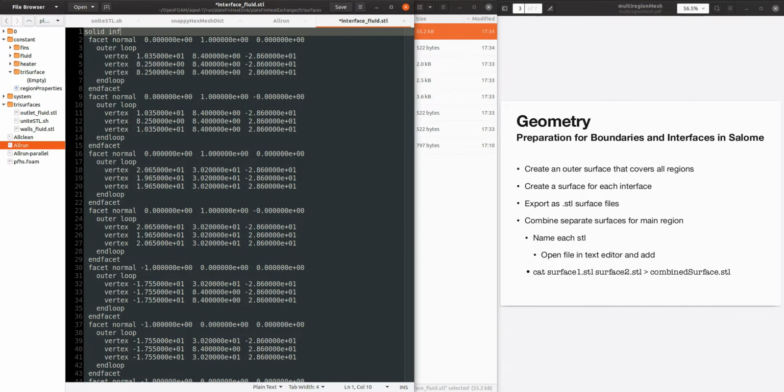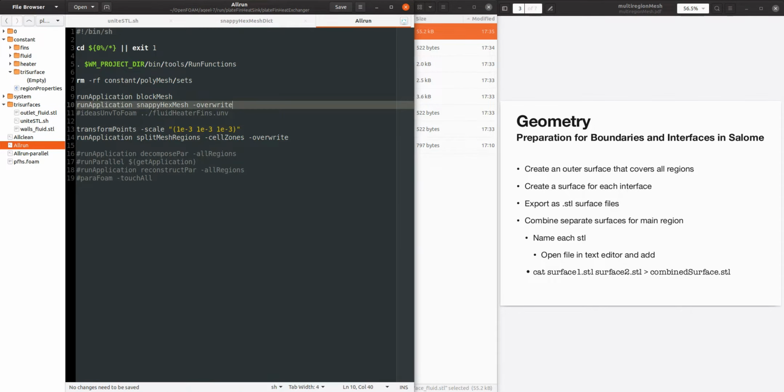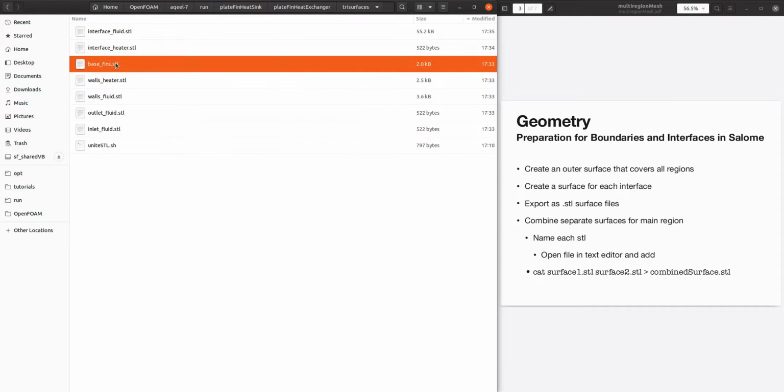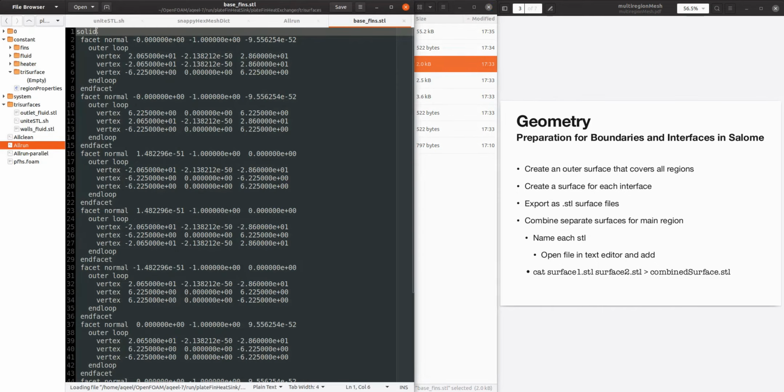So in this case it is interface fluid, and I can save it. Similarly, for base of the fins, I can put here base fins. I can save it here again.